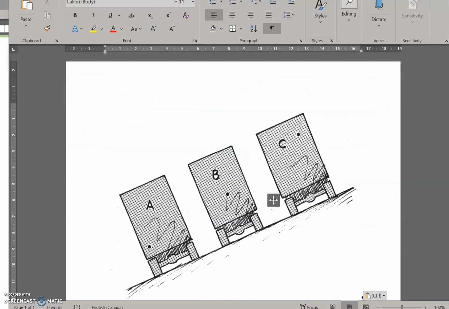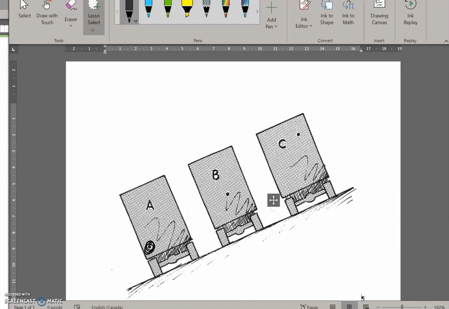So let me just show you something really briefly here. So here we have 3 trucks, and they're all parked on the same hill, and their centers of gravity are marked with those little dots for A, B, and C. And if we were going to look at which trucks are actually going to fall over, well, some people would say, if we're talking about how stable the trucks are, truck A is actually really, really stable because it has a nice low center of gravity. That may be true, but its center of gravity is not actually supported.